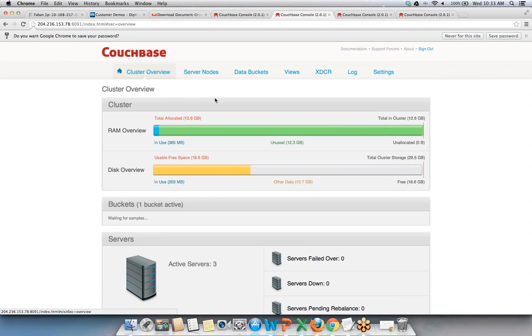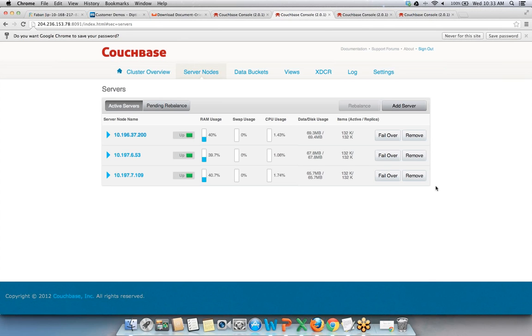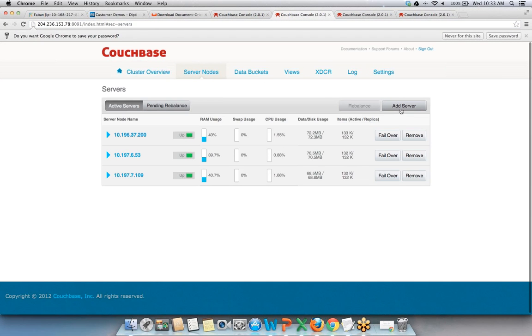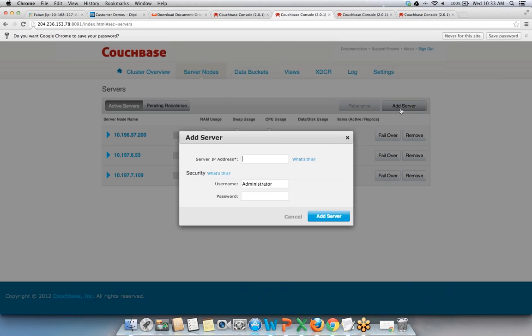So let me show you the operation of adding new servers to the cluster, and I'll demonstrate how easy it is to add new servers to the cluster. So I'll utilize the same machine which I just set up. I can take the IP address. So on this screen, you click on add server, provide the IP address,